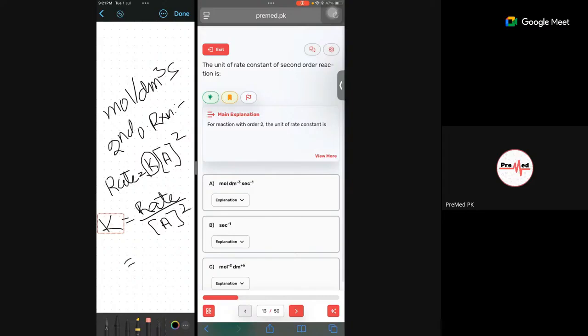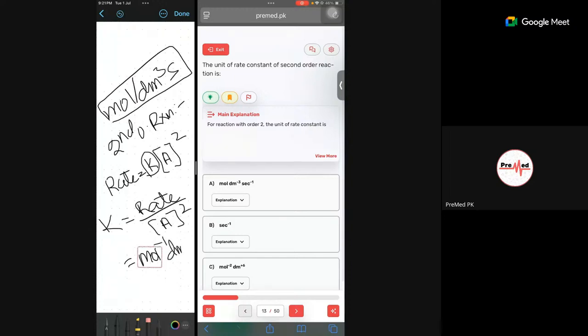If we keep it like this, then as I told you, the unit is mole per dm cube per second. So according to this way of writing, it's going to be mole